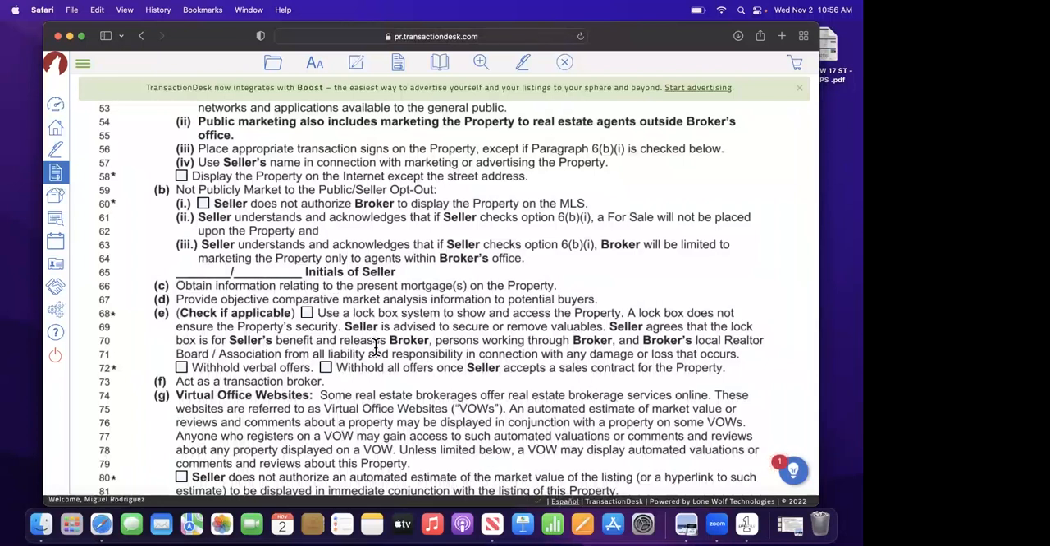Check if applicable. Use a lockbox system to show and access the property. A lockbox does not ensure the property's security. So this section would be selected if we're going to put a lockbox on the property. Seller is advised to secure or remove valuables. Seller agrees that the lockbox is for the seller's benefit and releases the broker, persons working through a broker, and broker's local realtor board association from liability and responsibility in connection with any damages or loss that occurs. So if something gets stolen or lost with a lockbox at the property,